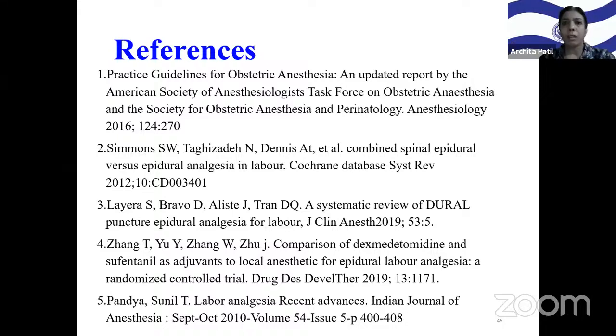Yes, ma'am. Is continuous spinal with a catheter a safe option? That is what Dr. Naini has asked. In our institution, we don't practice it because there is fear of infection and the chance of the level ascending, and also fear of using epidural boluses by accident in that catheter. So we usually do not practice continuous spinal analgesia.